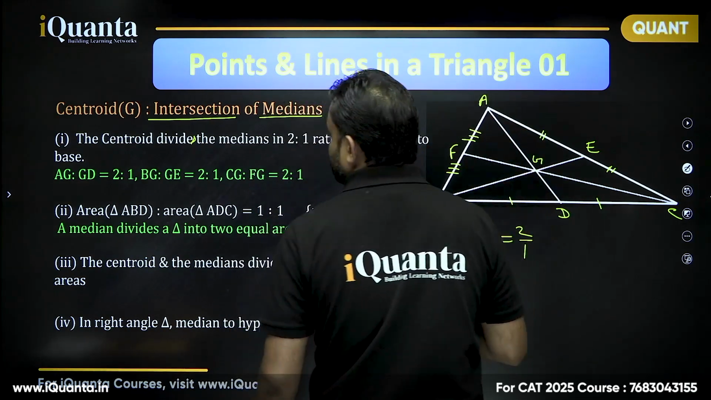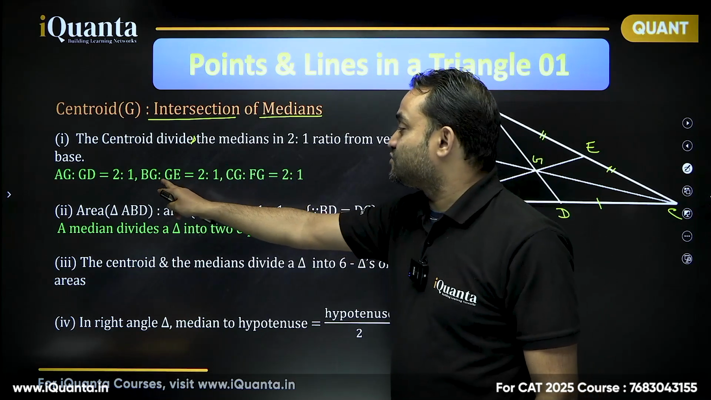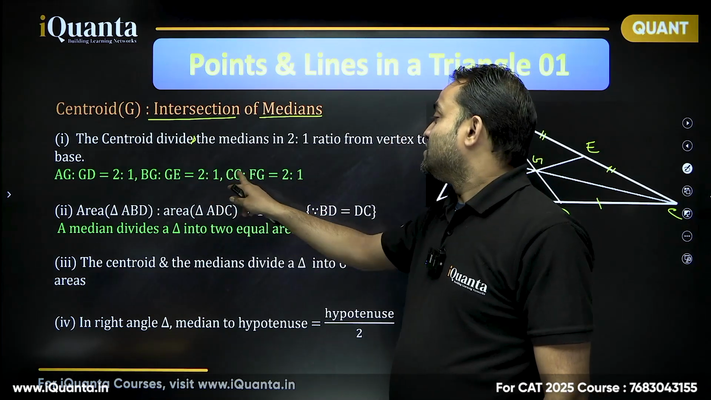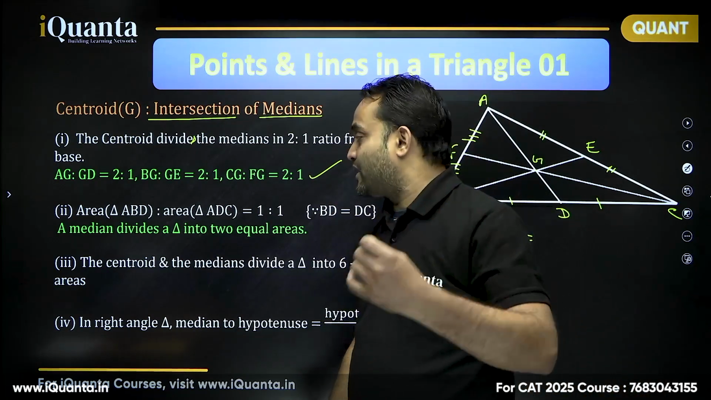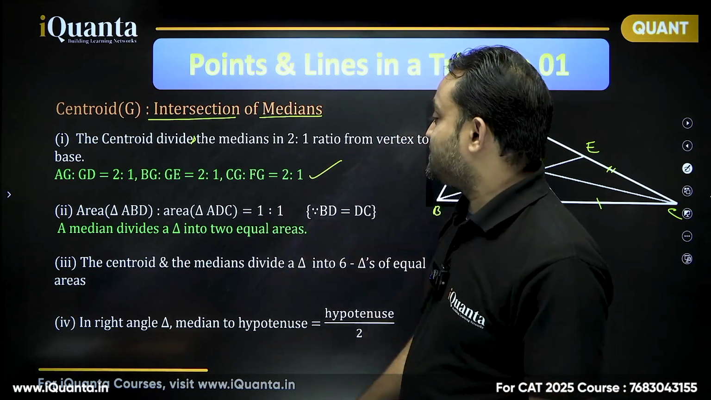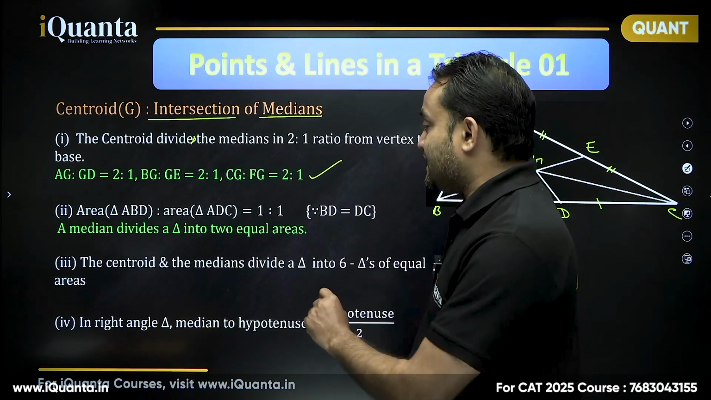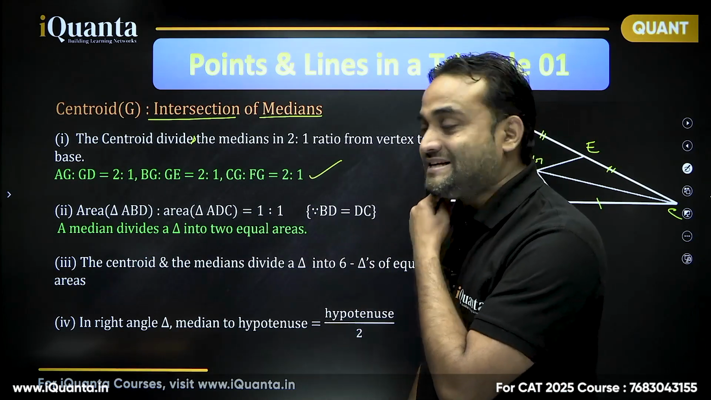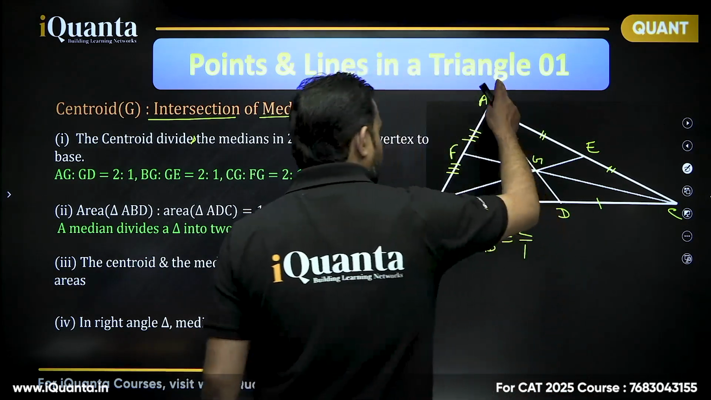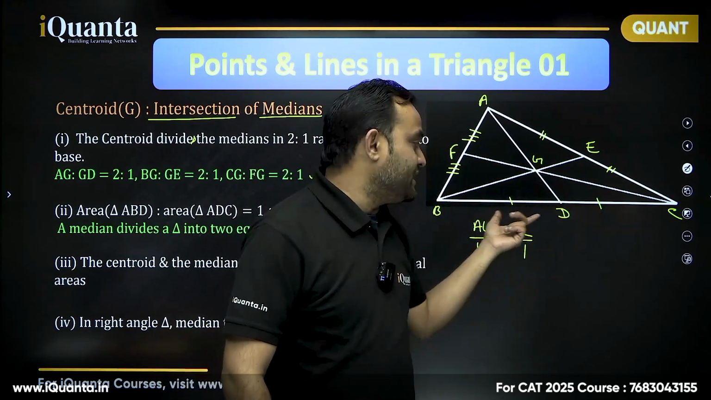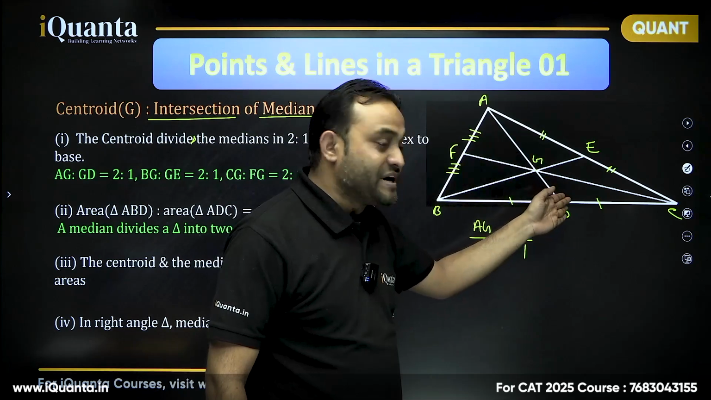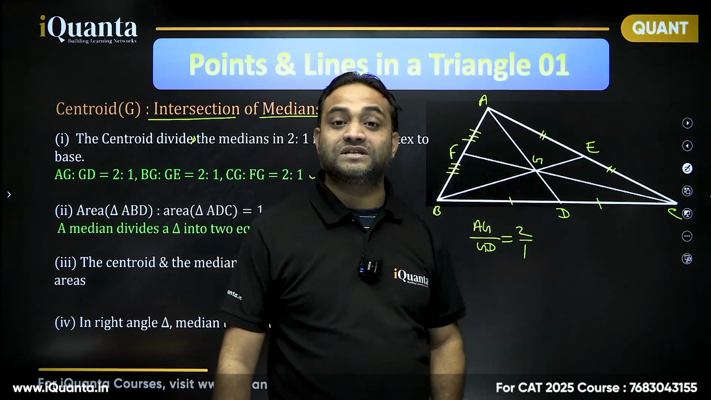AG upon GD, which is given here. AG is to GD, BG is to GE, CG is to FG. All of these are nothing but 2:1. Then the second point, which says area of triangle ABD is to area of triangle ADC is 1:1. ABD, ADC. Because bases are equal, BD is equal to DC, this median divides this triangle ABC into two equal